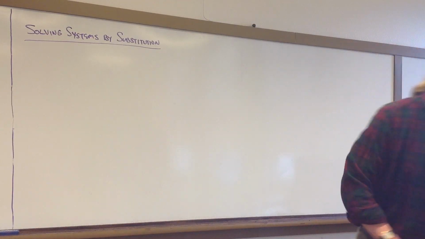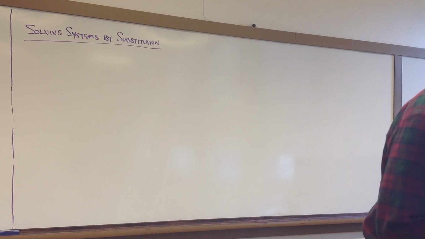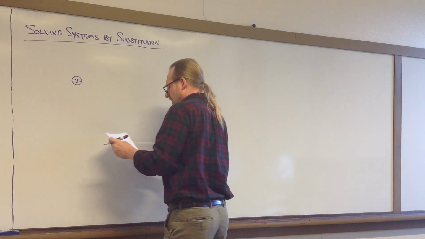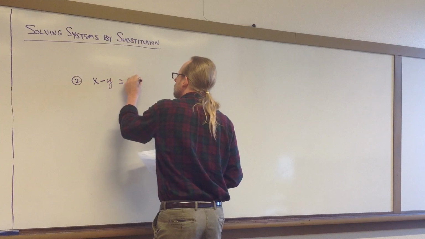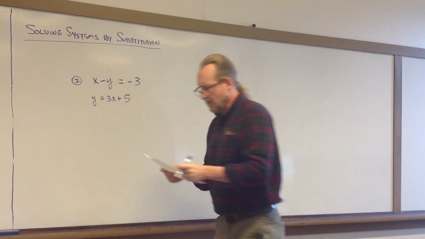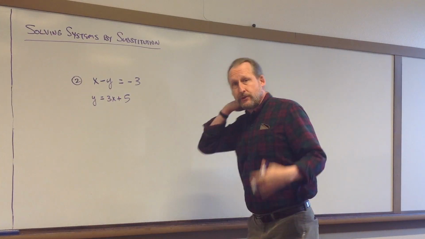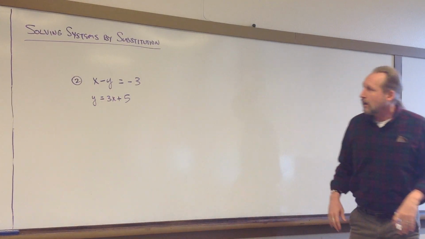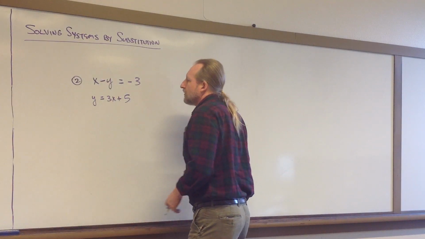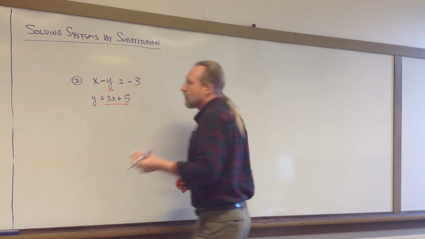All right, so we look at problem number 2 on the assignment. We've got x minus y equals -3 and y equals 3x plus 5. Now there's no reason why you can't solve this by graphing it, but it's good to learn all of these methods because some systems lend themselves to a particular solution. So here, what we can do is replace the y in this first equation with what y is equal to